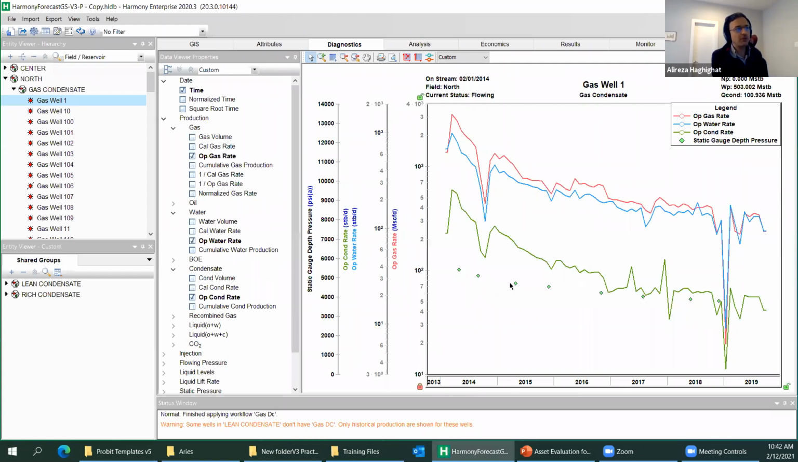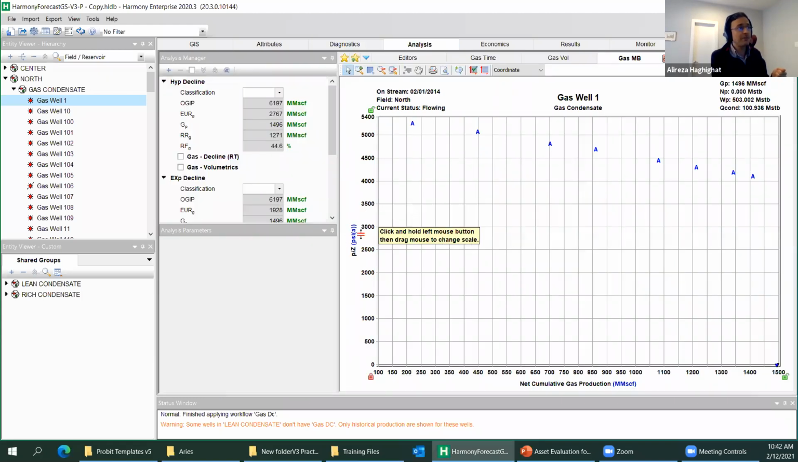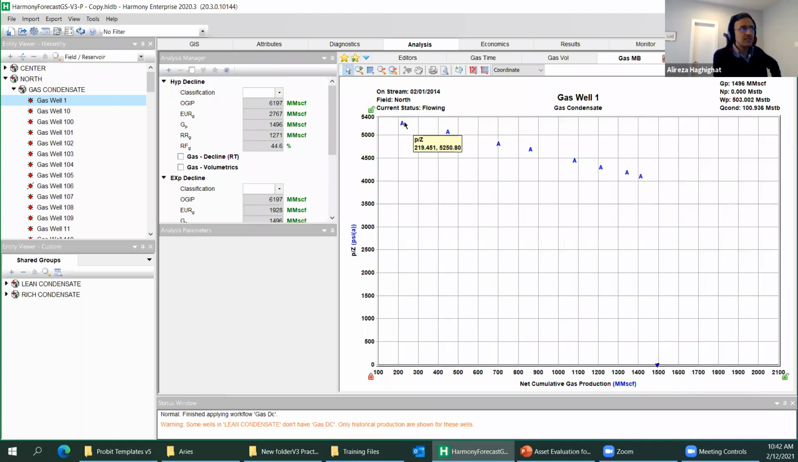So you can see throughout the year, we have measured variable average reservoir pressure. So this is how the test is done. Every 6 months, shut in the well, measure the average reservoir pressure. And then if you plot P over Z, average reservoir pressure divided by your compressibility factor or Z factor, and